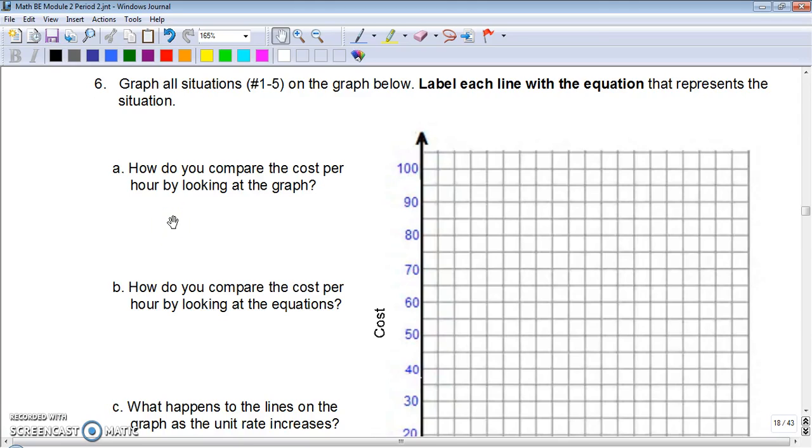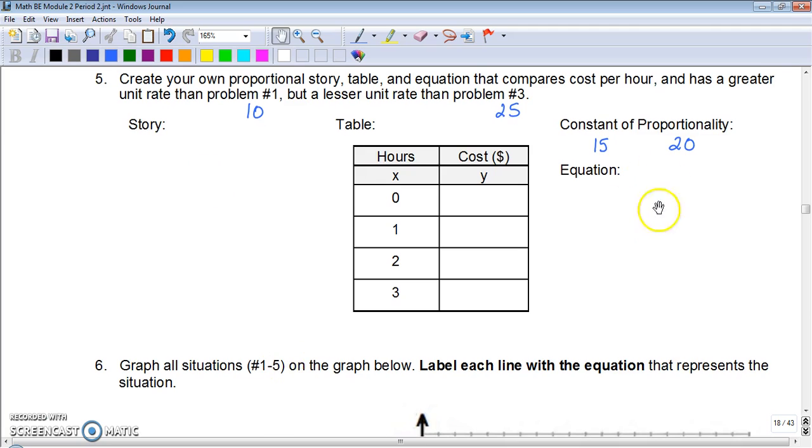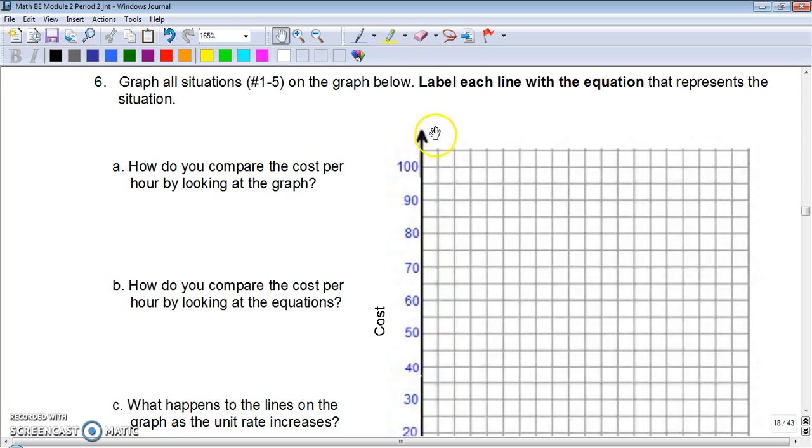In this second video of the 2-1G lesson, I'm going to go through the graph. Make sure you also filled out number 5 because you are going to graph whatever you created for number 5. But we're going to graph 1 through 4 here, and you'll graph your 5th line. So one of the first things that we did on the previous page is we figured out the equation in